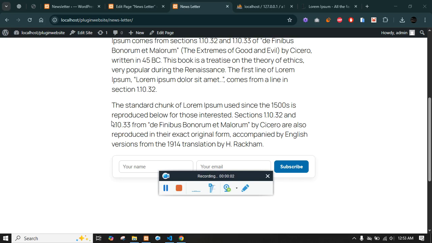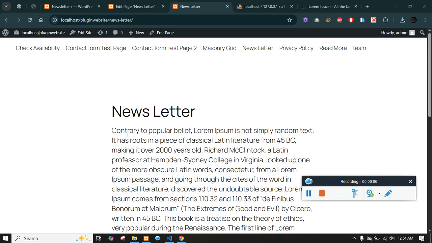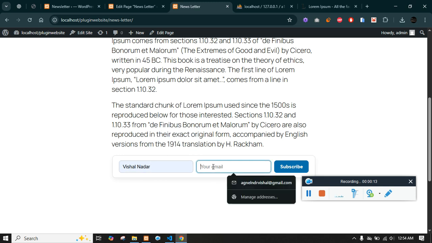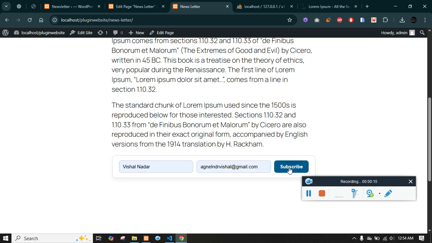Alright, in this video we'll see how to create a newsletter plugin. So what do I mean by that? By the end of the video you will have a form that will allow you to get their username and the email address. Once you click on subscribe, you will get a message saying thanks, subscribed, and these data